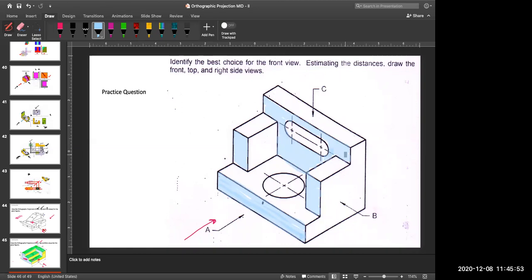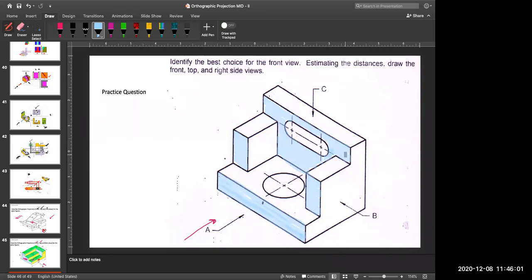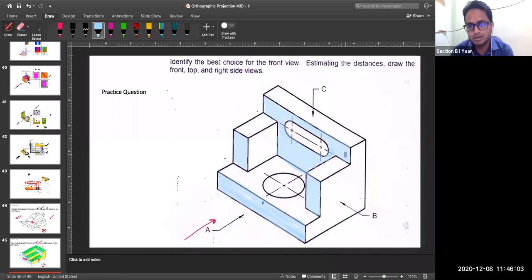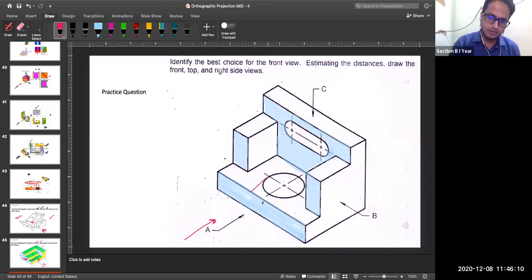I have talked about the faces. Is there any line or anything that we have to mention in our front view? Please tell me. Circle, sir, circle. Will that circle be visible or hidden? Hidden. Yes. So first I will draw the projection for this in your front face. Suppose you have drawn this rectangle in your front view. On this rectangle, you have to draw the projection.